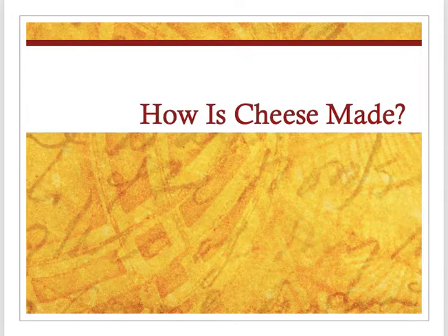One of those items would be cheese, and there are so many different kinds of cheese. So imagine the possibilities of all the different things you could turn a white sauce into, based on all of the different cheeses you would have to choose from. So we're going to look at how cheese is made today just to get a better understanding of it, because it does start to explain a little bit of why we have all the different kinds of cheeses that we see when we go to the grocery store. So first things first,